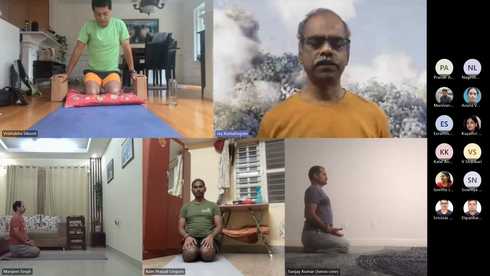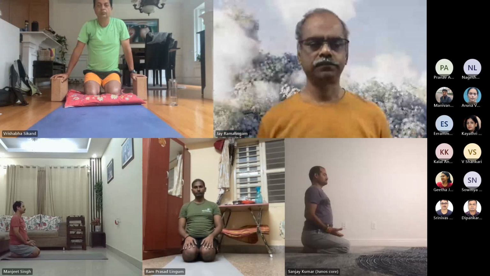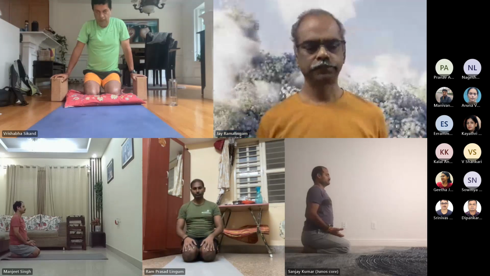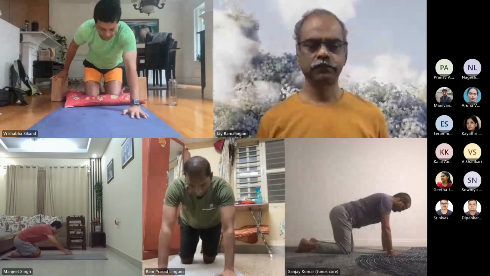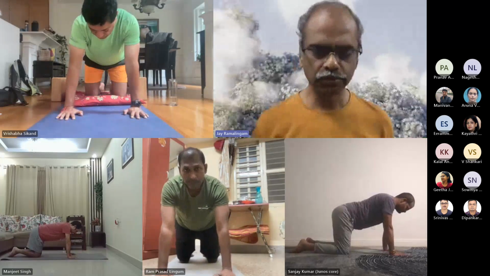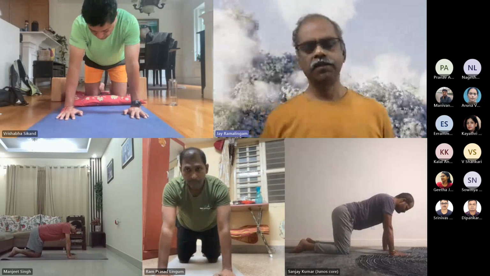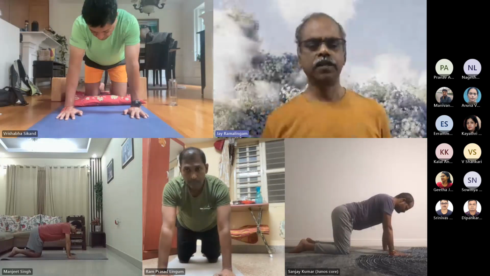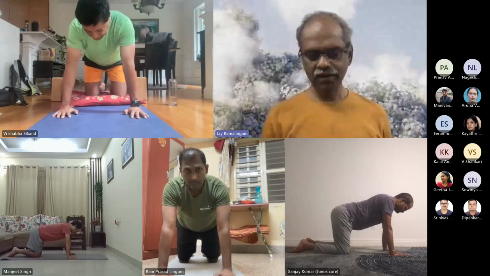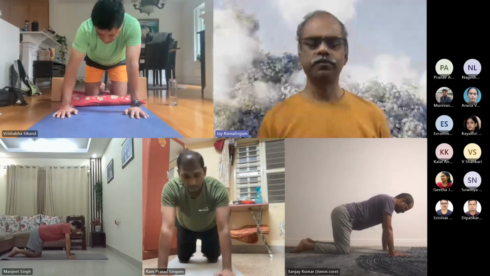Take a deep breath, exhale. Cat posture. Now we are going to approach plank on elbows as a preparation for Shishulasana. Now land the elbows where the palms are.